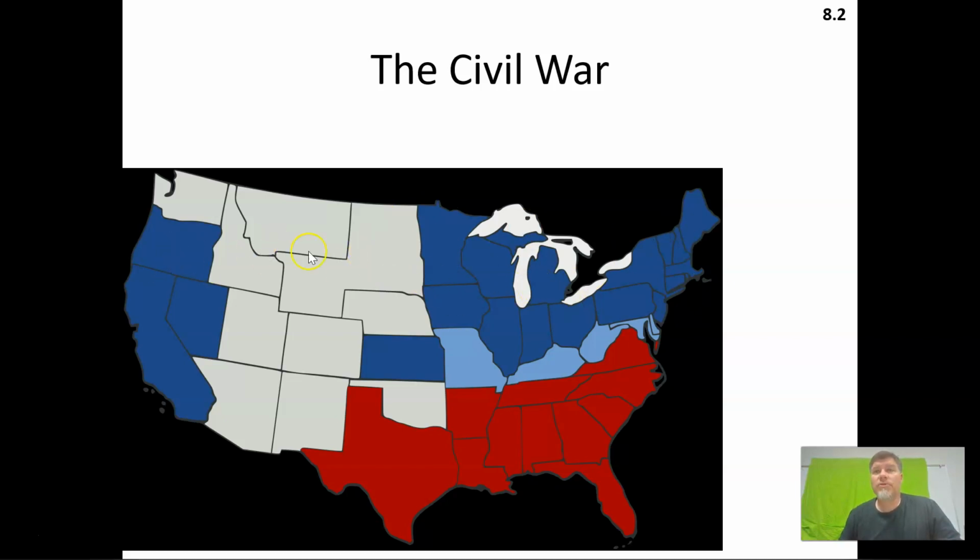So as we recap, we've got the blue here, the dark blue, this is the Union. The light blue is also the Union, but there's a difference here. The dark blue are the Union states, and they are free states. The light blue are Union. They did not secede from the Union. They stayed a part of the United States, but